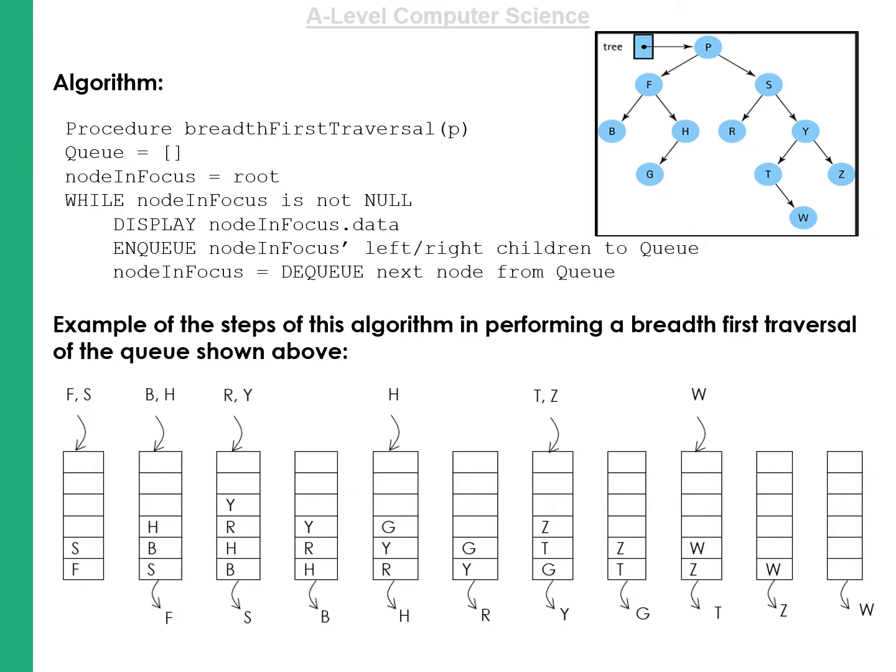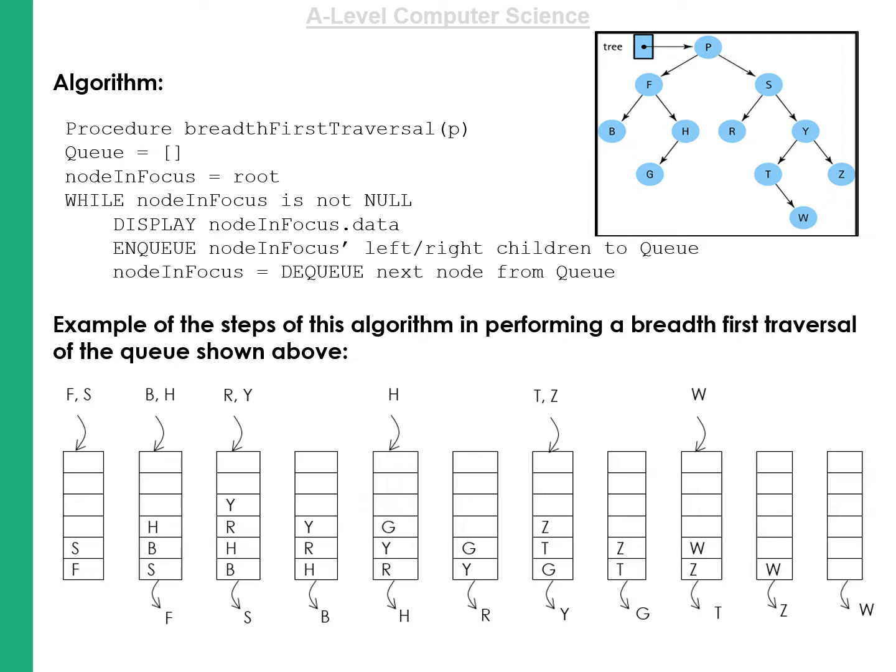Here is an algorithm for this. We have a procedure called breadth first traversal. We set our starting point to P. We start with an empty queue. You can then see our node in focus becomes our root. So that's a variable. Node in focus becomes our root, and root is pseudocode to say this is the start